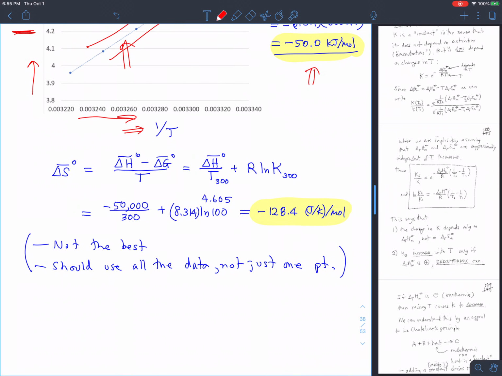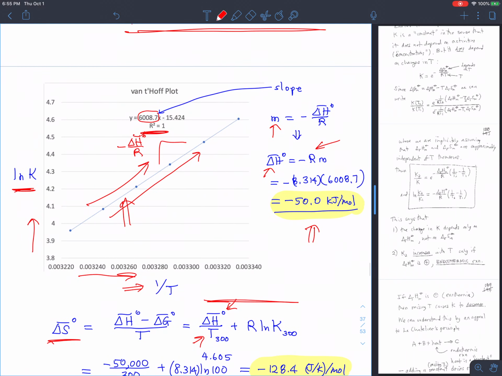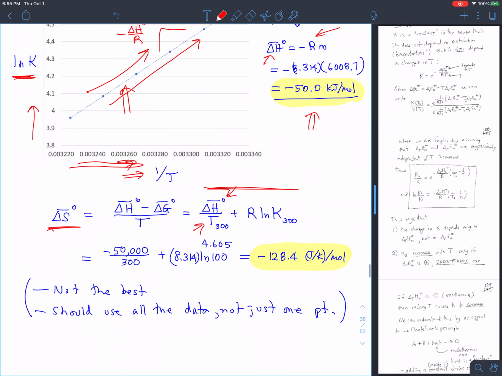Using our standard relationship, we can also get the value of delta S. So we now know delta H of minus 50 kilojoules. We choose one of the temperatures. We've got a whole set of several temperatures here, but we just use one of those temperatures. Any one temperature should give the same value, as long as the temperature you choose is consistent with the value of the equilibrium constant that you choose. So you've got to use them both at the same temperature, of course. And if you plug those numbers in, then you get minus 128.4 joules per K per mole for the delta